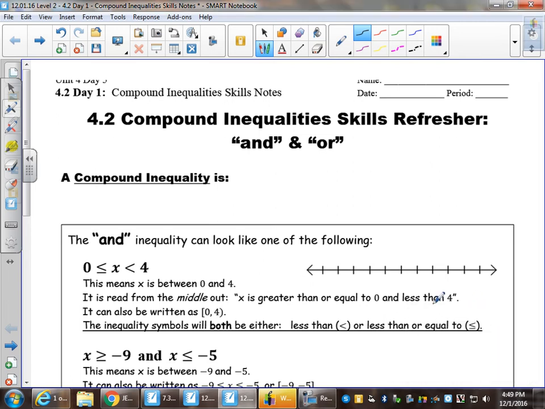Hello everybody, today starts the first day of our next section, brand new section on compound inequalities. The focus of today will be a skills refresher on using compound inequalities, specifically a focus on the words and or. And hopefully this rings a bell a little bit from last year. It is prior knowledge, but we will definitely be bringing it back and practicing a lot in these notes and